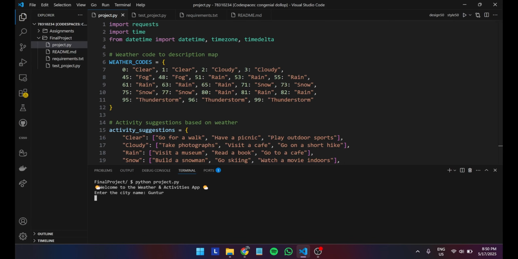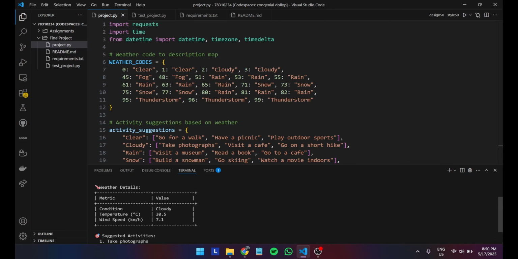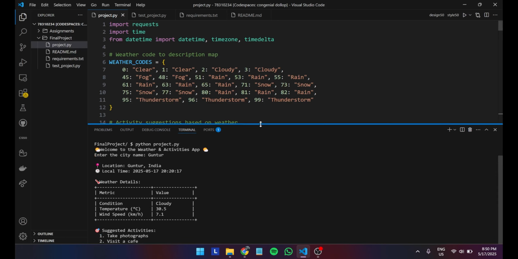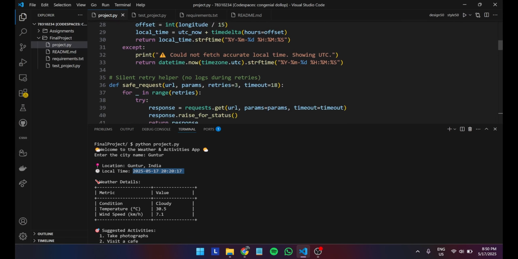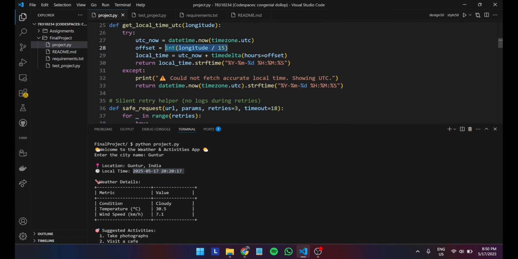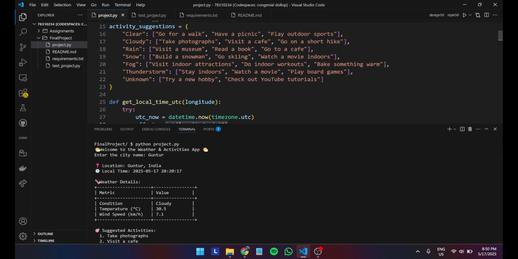I have entered the city name as Guntur, where the current weather we have gotten as cloudy. Also, we get the local time by dividing the longitude by 15, as the earth rotates 15 degrees per hour, so we could get the estimated local time. Right now, I got the weather condition as cloudy, temperature as 39.5 degrees, and wind speed as 71 kilometers per